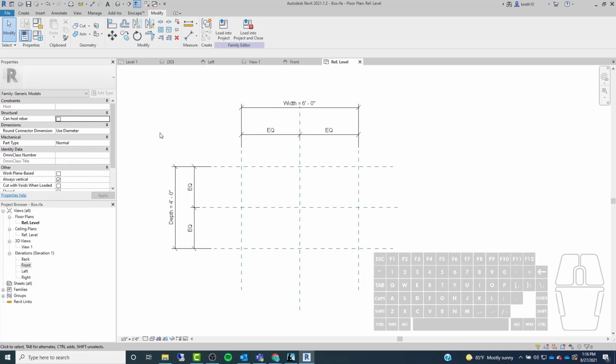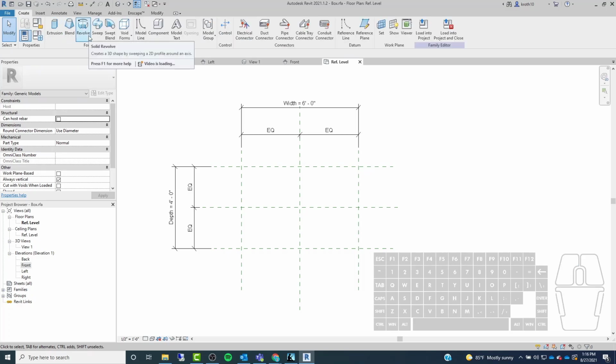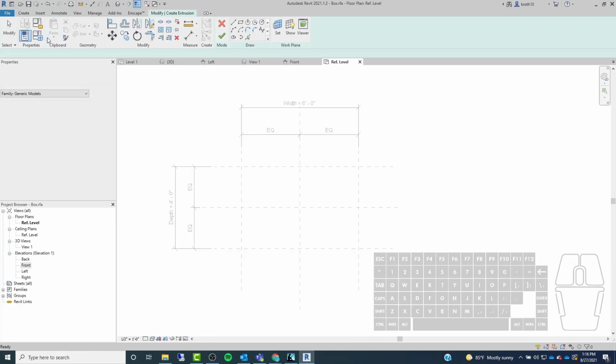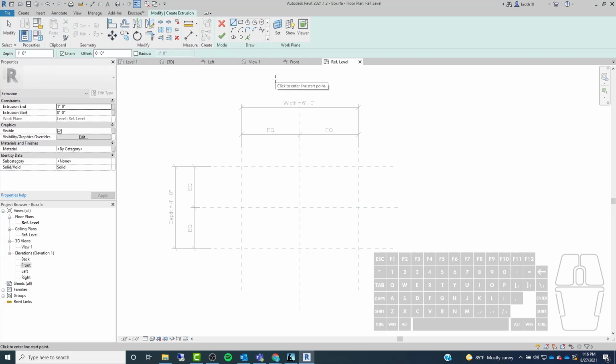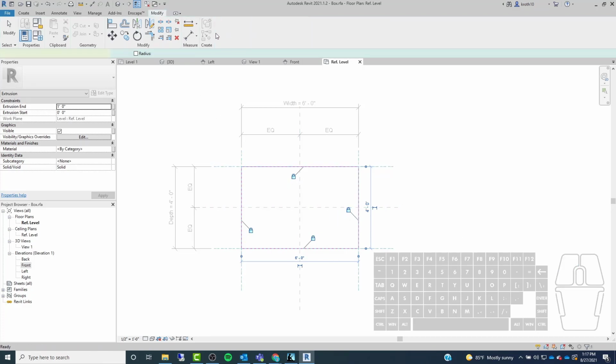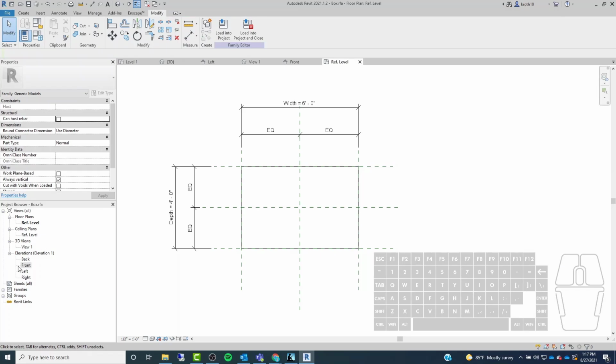So what we're going to do is go back to the Create tab, and we're going to create a new extrusion. So go ahead and click on that, and then we're basically just going to lock all of these lines to our sort of framework that we've set up. So I'm going to choose the rectangle option, and I'm going to click here at this top left intersection and then drag down to the bottom right intersection. Then I'm going to go around and toggle on all of these lock icons to make sure that they are actually tied to the reference planes. Once that's done, go ahead and click the green check mark,